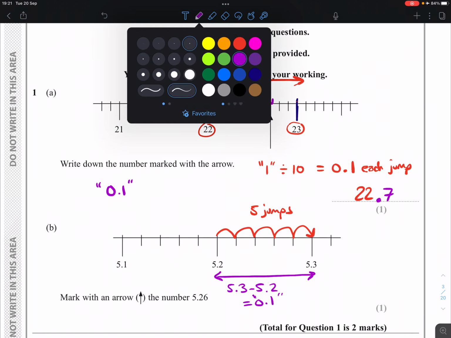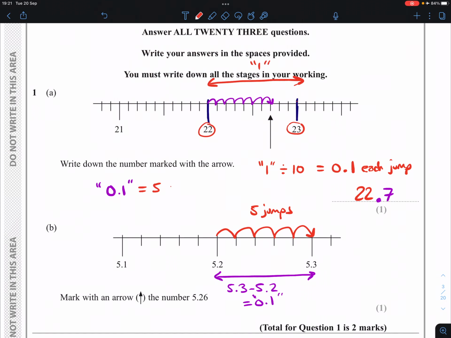0.1 is those 5 jumps, which means if we want to figure out how much one jump is, we're going to have to divide that number on the left by 5. And if we do that, we end up with 0.02. So every single jump is 0.02. Now, in order to get to 5.26, 5.2 would become